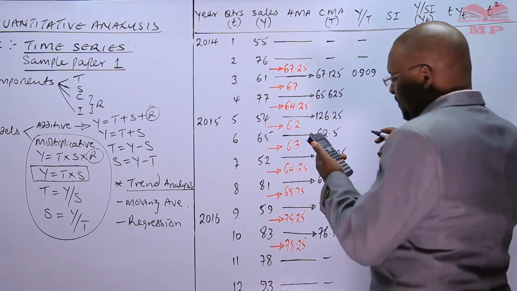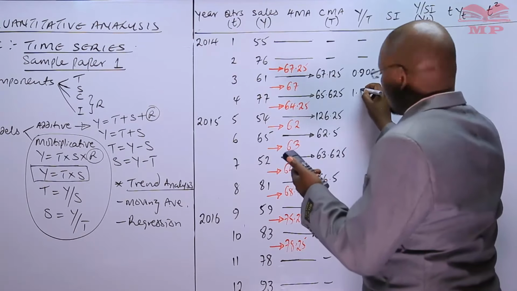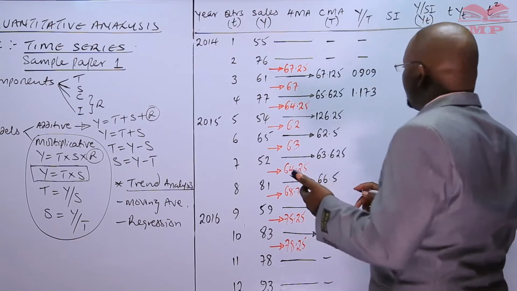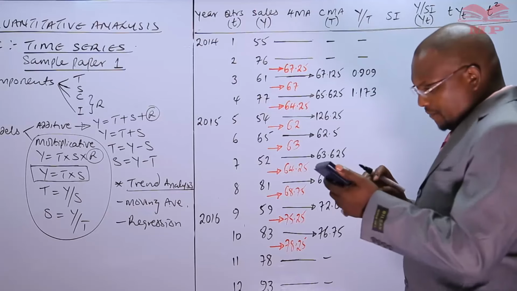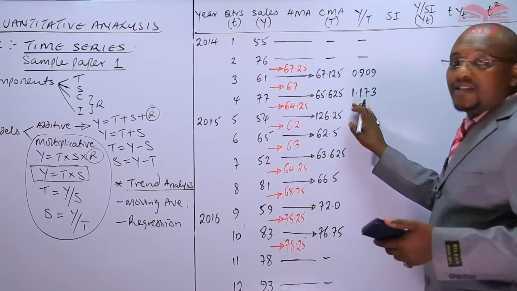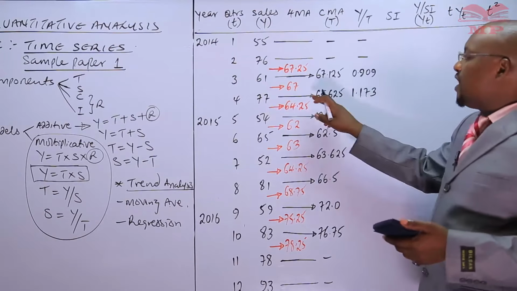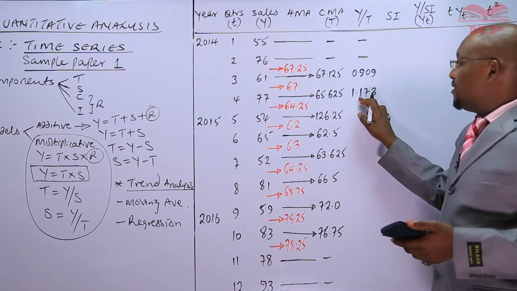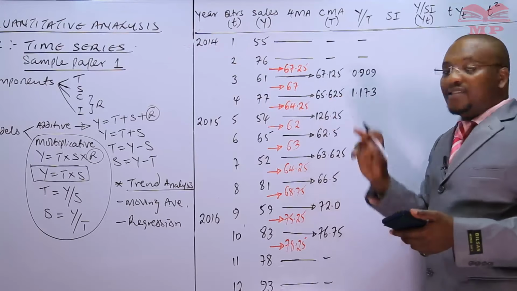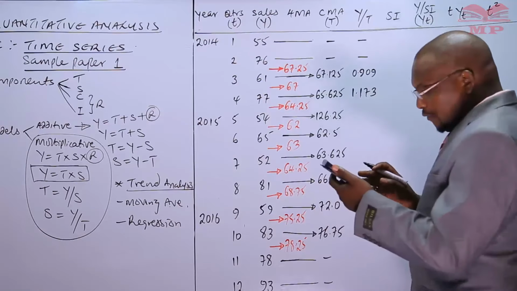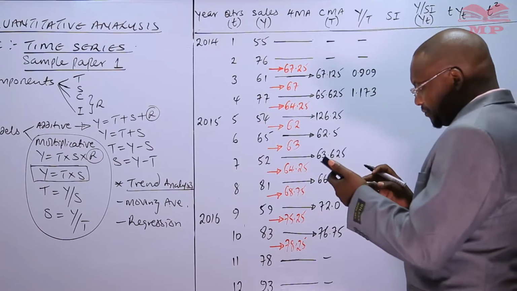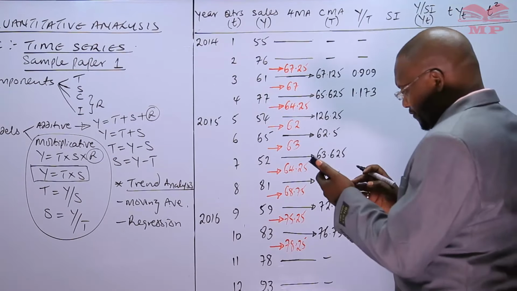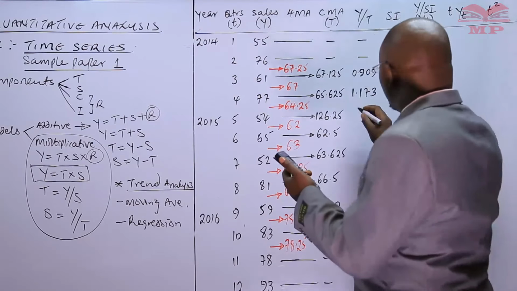This will give us 1.173. Then you have 54. This one means the effect of the season is to increase our sales to 117.3%. That's why it is higher than it is without the season. So 54 divided by 126.25, this is giving us